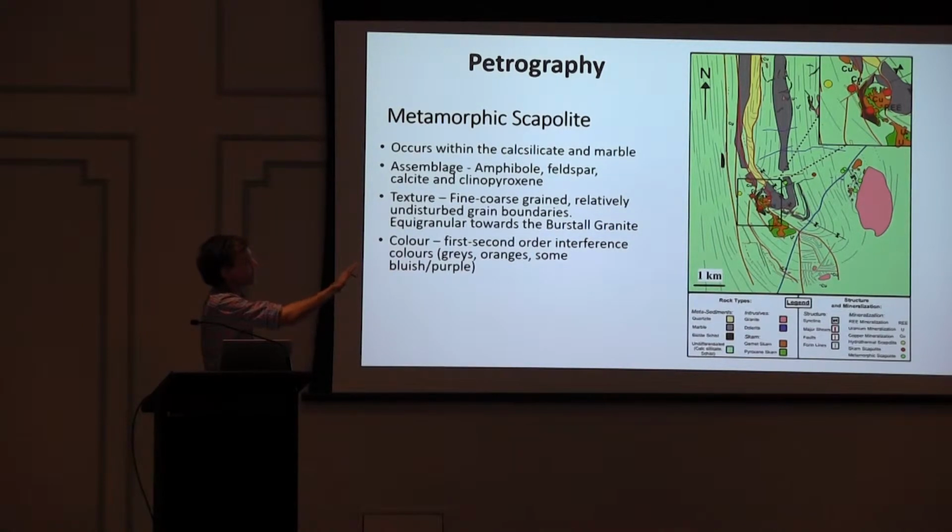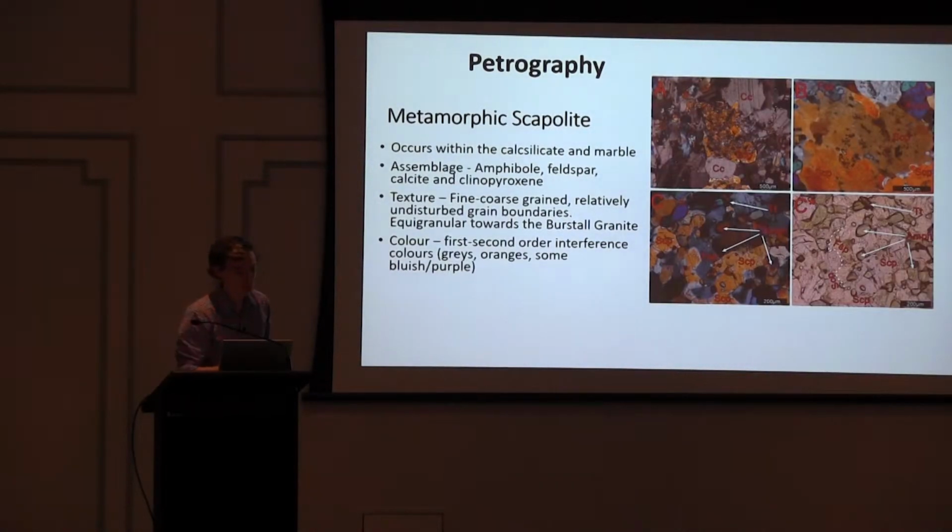The calc-silicate is that green background unit, and the marble is the grey unit which you see wrap around the syncline. So the assemblages that we see in thin section: image A there is a scapolite grain in the marble. Image B is a scapolite grain situated away from the Burstal granite in a typical calc-silicate assemblage of amphibole and